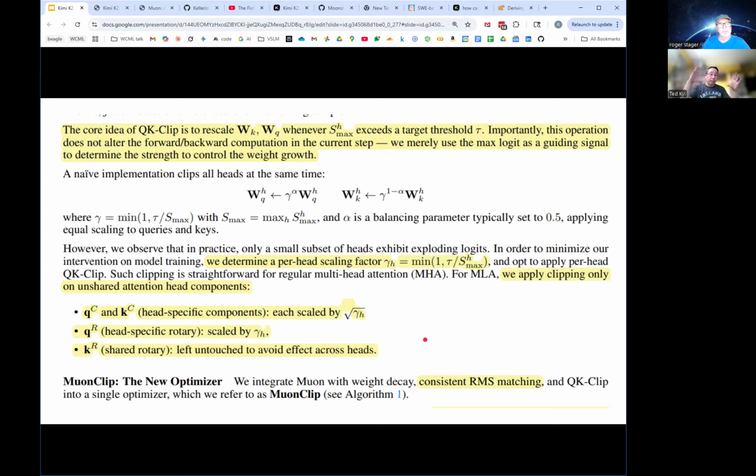But the bottom line is that when they shrunk the keys, they didn't want the keys to be rotated, which would cause the same words to be different. They wanted to compress the unrotated keys so they would compress nicely and then just use the rotation separately. Okay, that makes sense. And so that's why they are scaling differently. The rotation part is shared, so the shared rotary is being left alone. They're scaling mostly the query and the key.